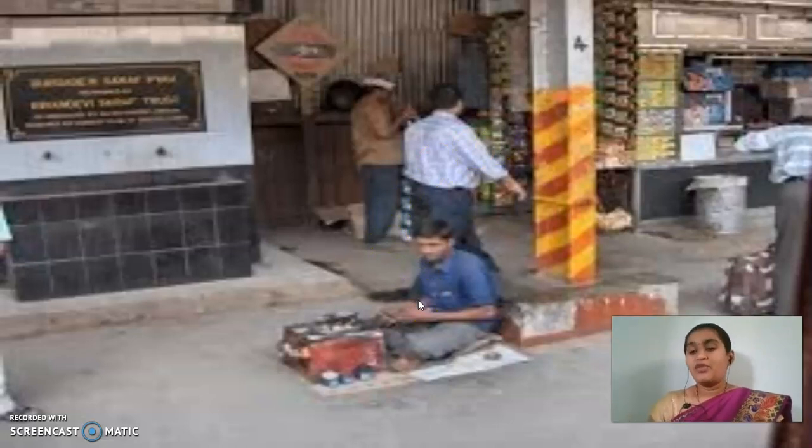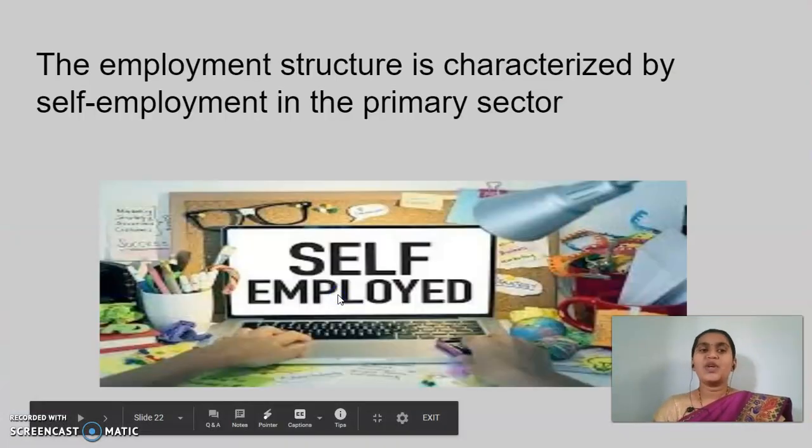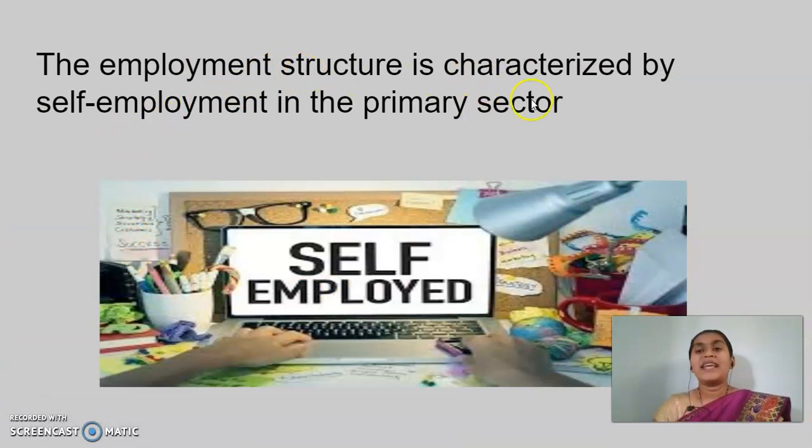How much will we be paying him, children? Do you think it's enough for his livelihood, and that he can get better health and better education? No. So here in India we can see this kind of employment opportunities. And the next one we can see is that the employment structure is characterized by self-employment in the